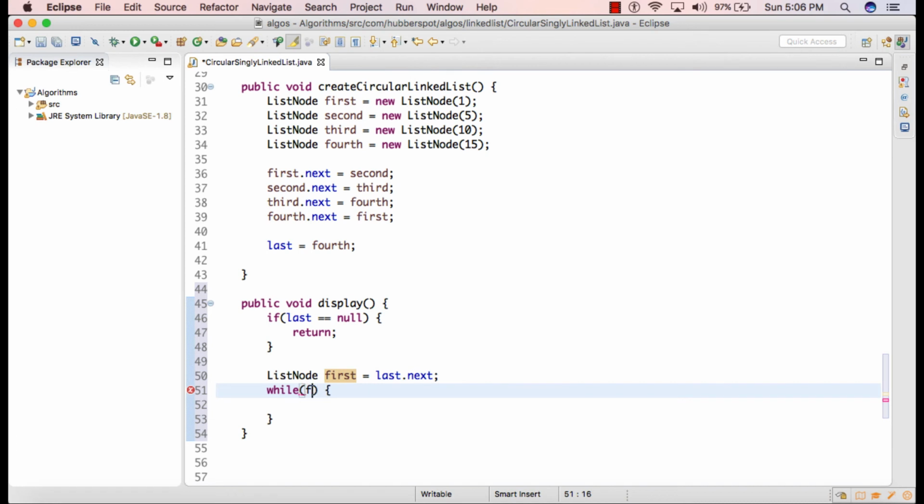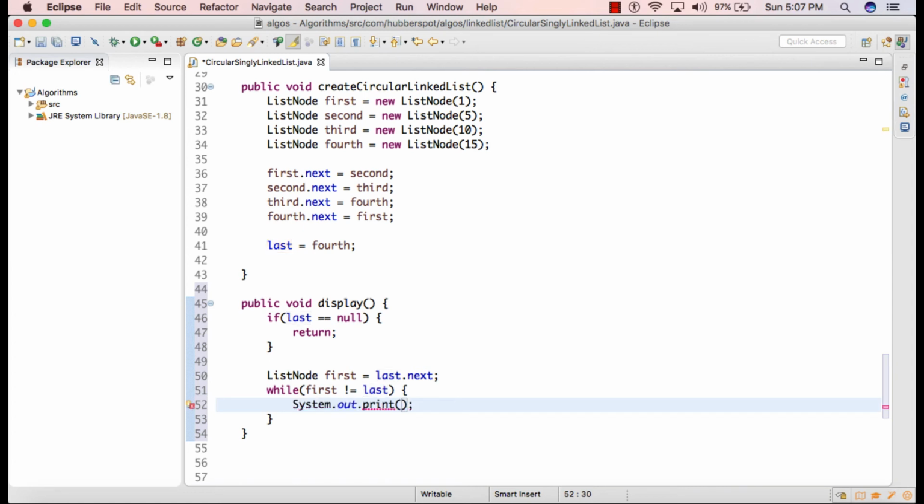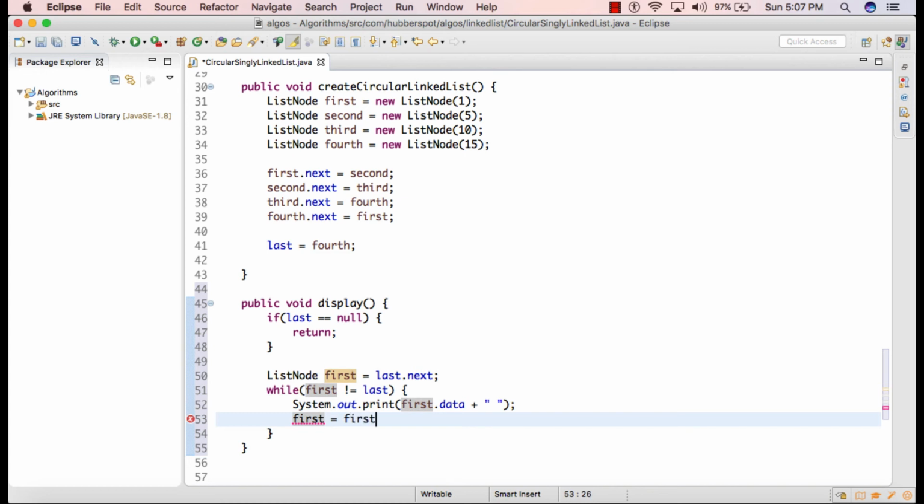So the condition we provide in while loop is we will traverse this first till it becomes last. And in the while loop, we'll simply first print the data associated with the first node. And in the next step, we'll simply traverse first to its next node by assigning first.next value to first.